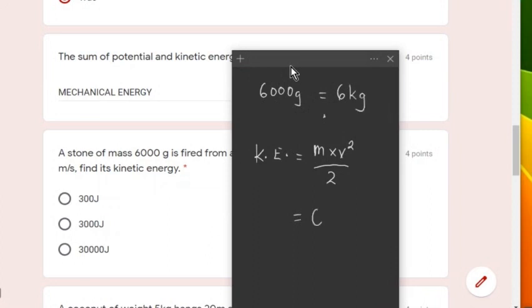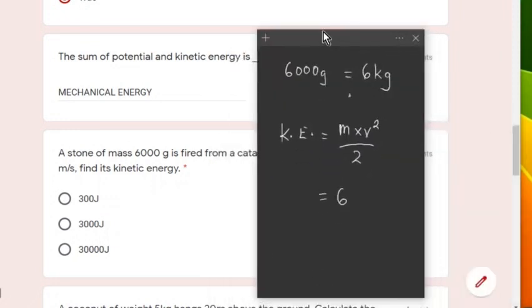So we have 6 for the mass, and the velocity is already in meters per second, so that will be 10 meters per second. So the V will be 10 squared all over 2. Now I need to square this before I do any cancellation. Very important. So this will be 6 times 100 all over 2. Now I can cancel. My 2 can cancel the 100. I'll get 50, and 6 times 50 will give me 300. So the answer is 300